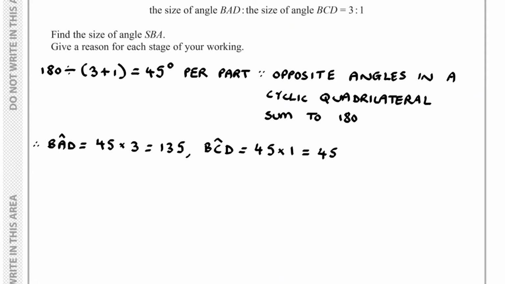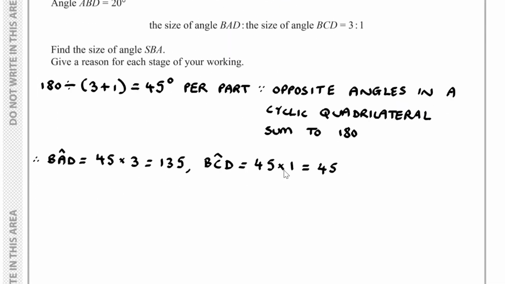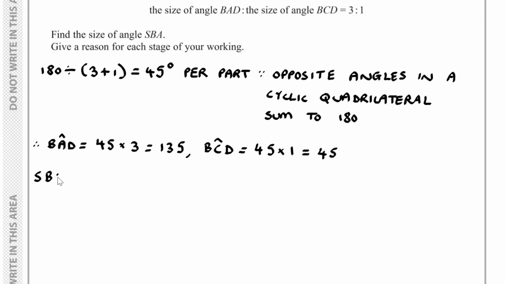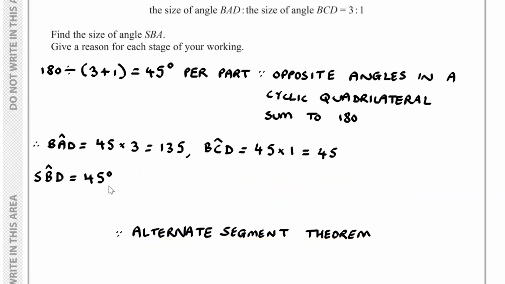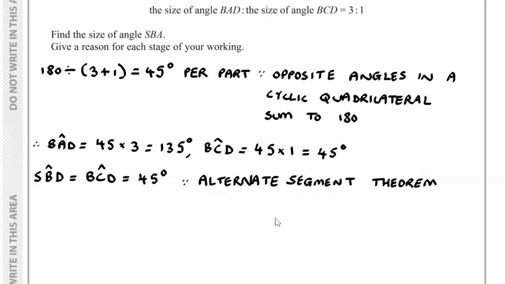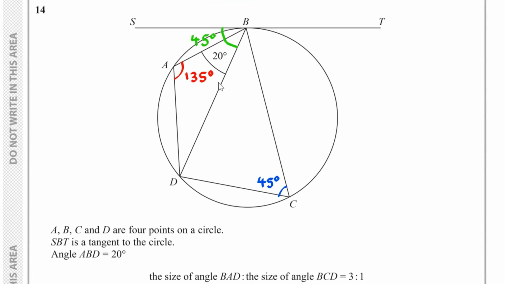Let's write that down properly: the angle SBD is equal to the angle BCD, which is equal to 45 degrees, and that's because of the alternate segment theorem. And so to find the angle,